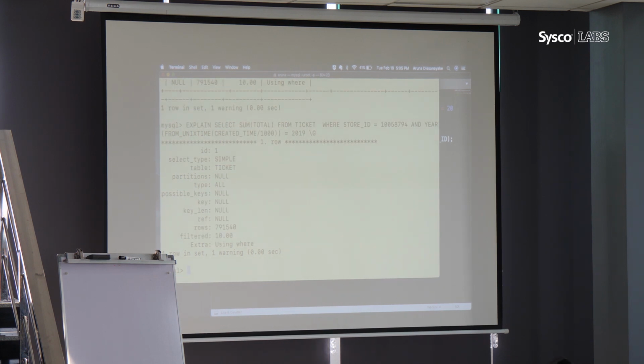So it still analyzed all the records. Even though we have an index on both the columns, it doesn't use any index. Even if you look at the possible keys, it doesn't even consider the index that we have. It doesn't even think about it. So any guess why that is? Any answer? Any guess?